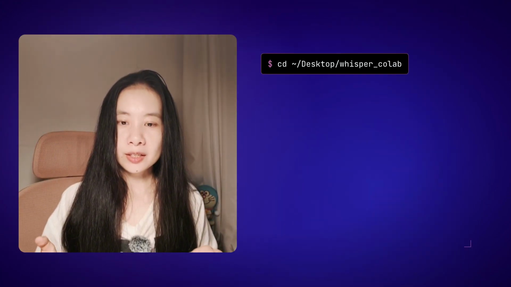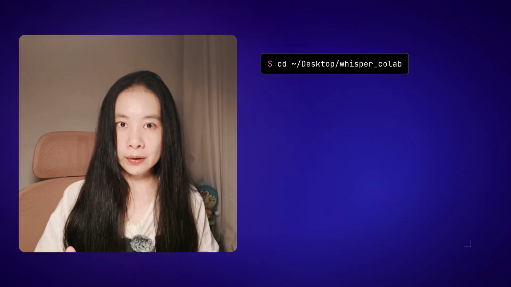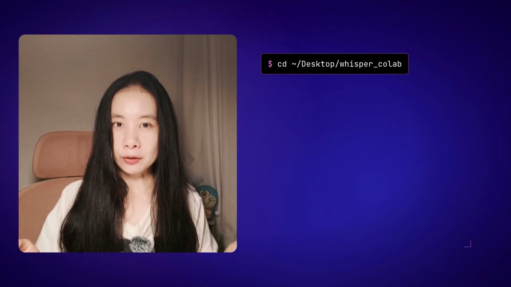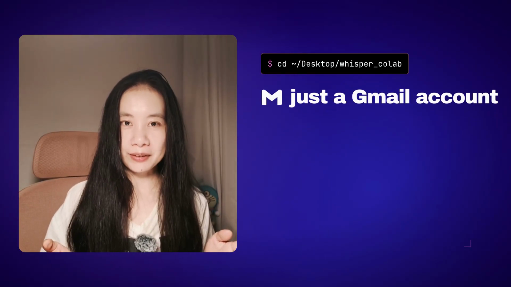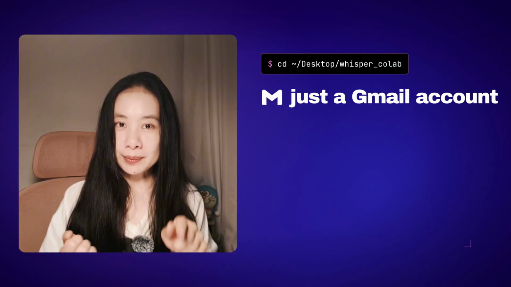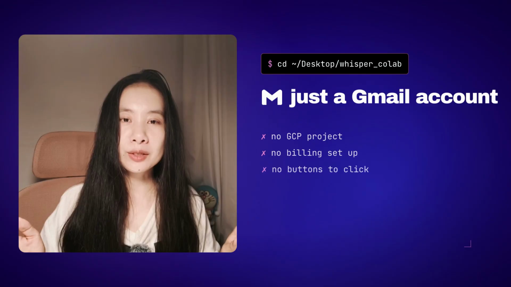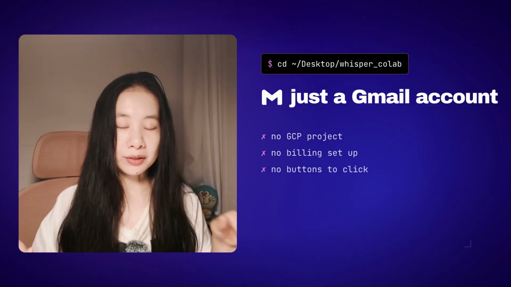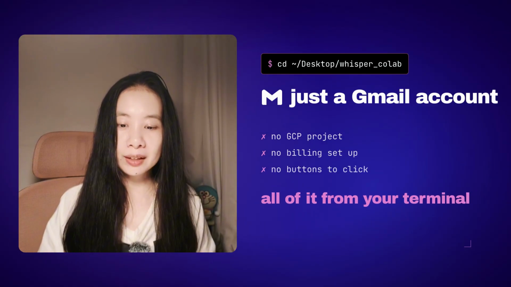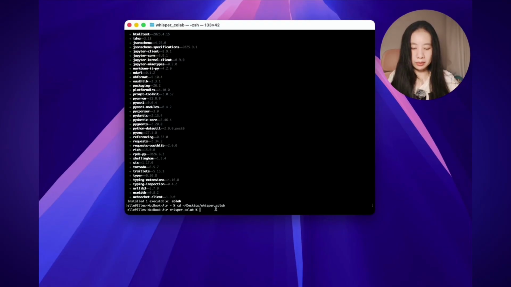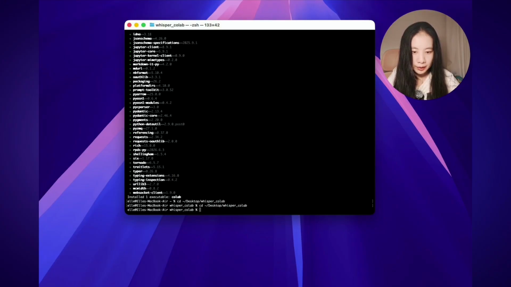Now, it's good practice to always specify a local directory before we start a new Colab session. And the really good thing about it is, as long as you have a Gmail account, you're good to go. You don't need to click on any buttons to enable anything else. In the Google ecosystem, you can operate everything from your own terminal. So it's going to be cd desktop, Whisper Colab. All right, now in this Whisper Colab folder, I just dropped in my test.mp3 audio file